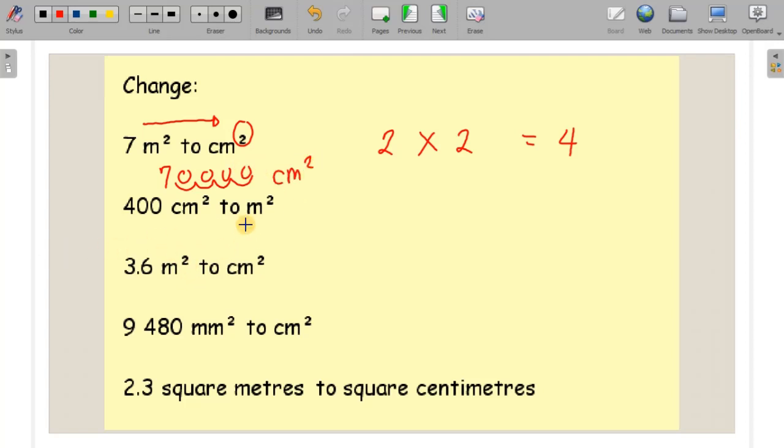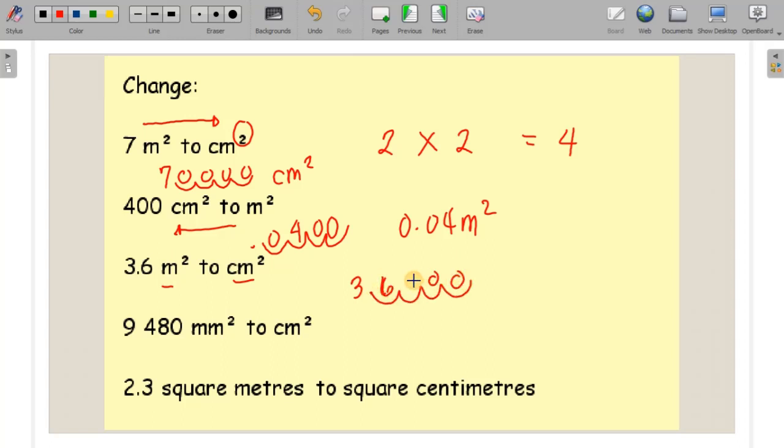Now the opposite, to the left. Same steps, 4, because cm to m is 4 steps. So move 4, 1, 2, 3, 4, so 0.0004 meters squared. Meter to centimeter squared is the same as number 1, so 4 steps, also to the right. 1, 2, 3, 4. So the final answer is 36,000